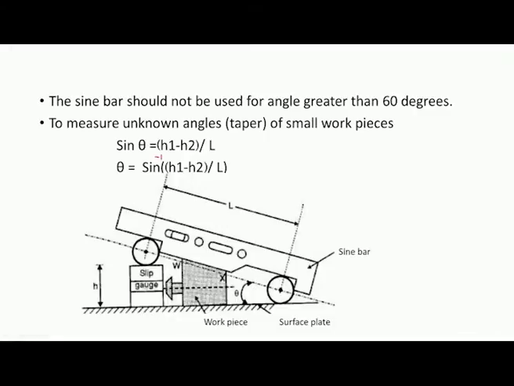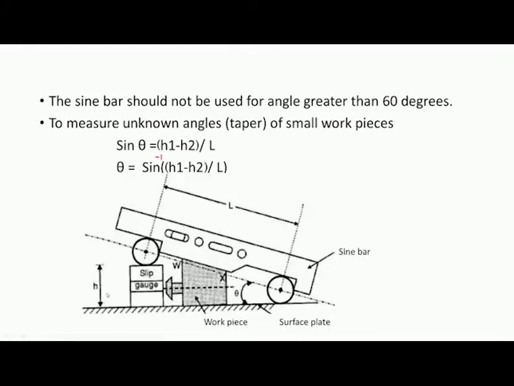Now, by knowing the value of h and the value of L, we can find out the angle theta using this relationship. Sin theta is equal to h1 minus h2 divided by L, where in this case h2 is 0